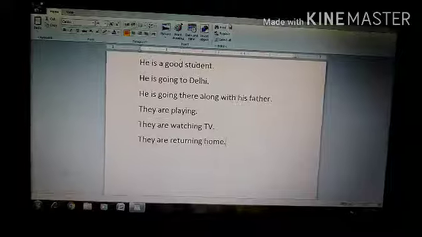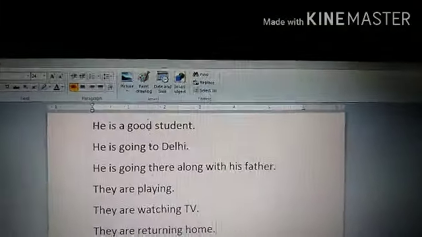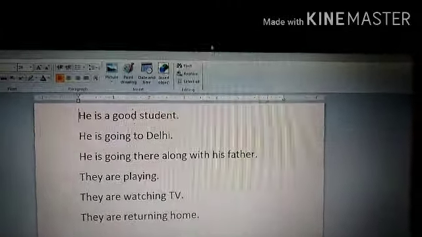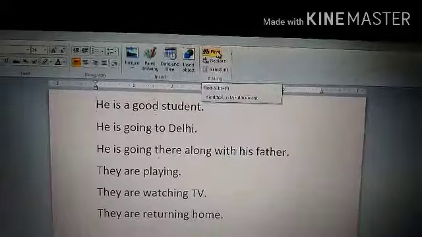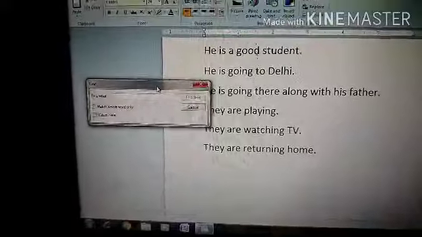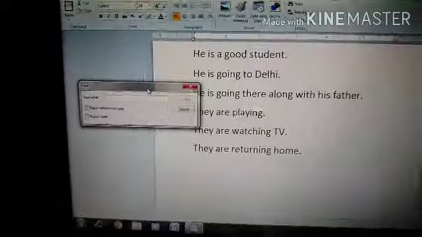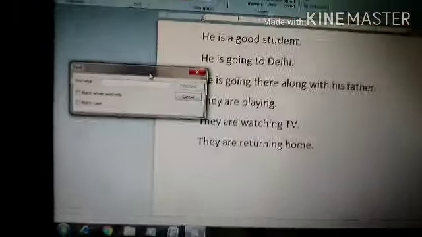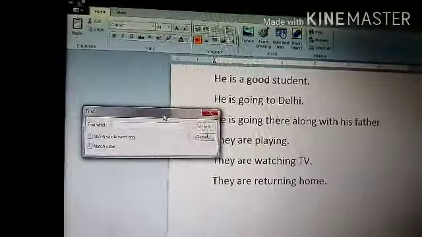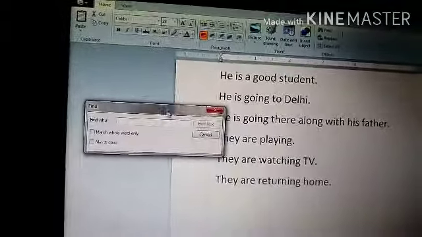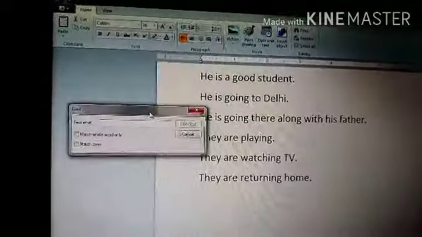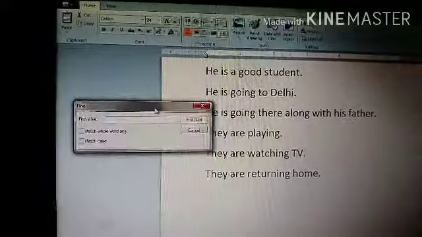Now what is find? First of all, place your mouse cursor at the starting. Now you have to click on find to find anything, and the thing you want to find should be in your document. Let us assume that something is not at your home and you want to find it. What will happen? Nothing. You can't find it because it's not available in your home. So in this document the thing you want to find should be in the document.